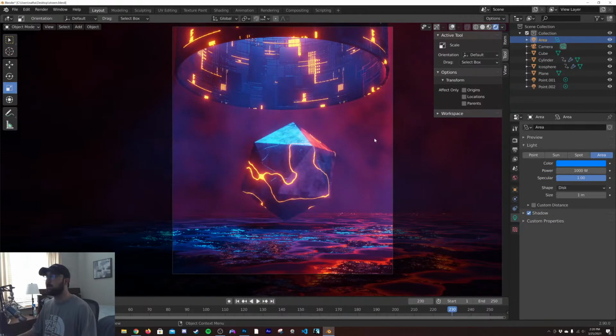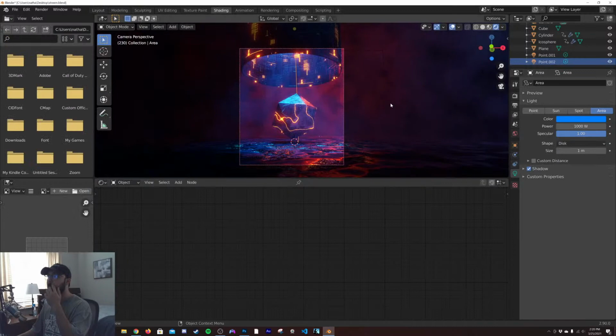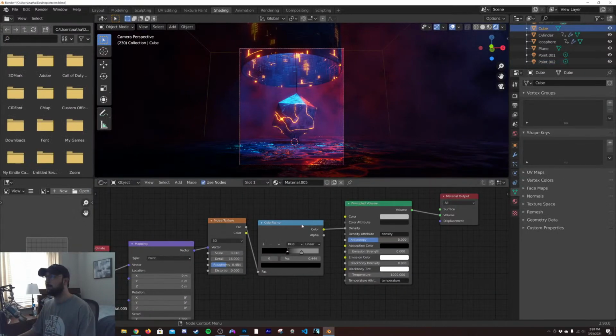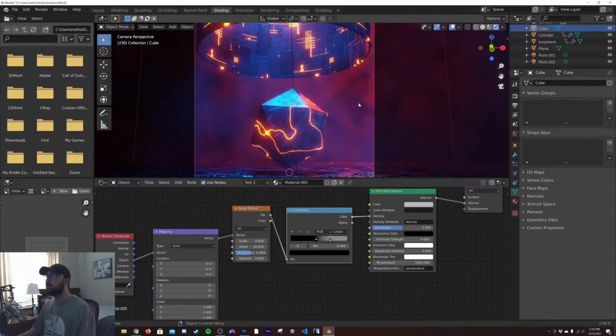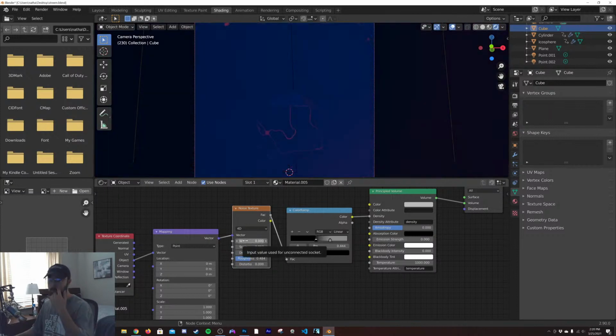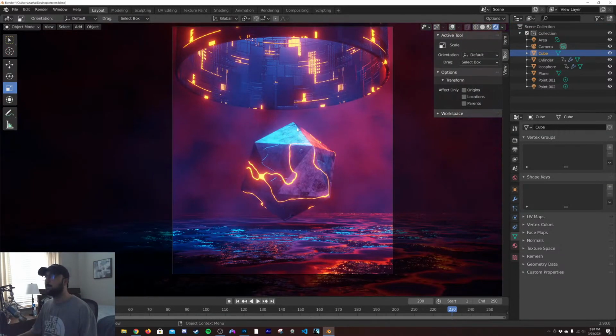How did you make the clouds? Okay, so I made a cube. You can see the shape of a cube here in the volume. So what you'll do is you'll add in a principled volume right here. You'll add a color ramp on the density, and then the noise texture is going to sort of manipulate the density, thus creating clouds. And then if you want, which I'm not going to do because it's just a whole nother process to get that to loop, you can put it on 4D, and then you can actually animate the clouds. You can kind of see them animating, but it's Eevee, so it's hard to real-time preview cloud animations. But that's that.